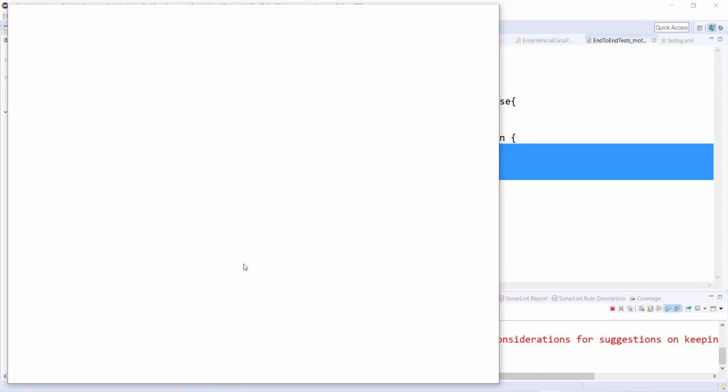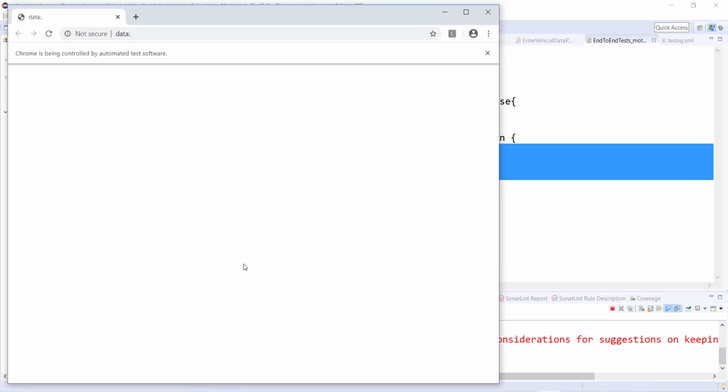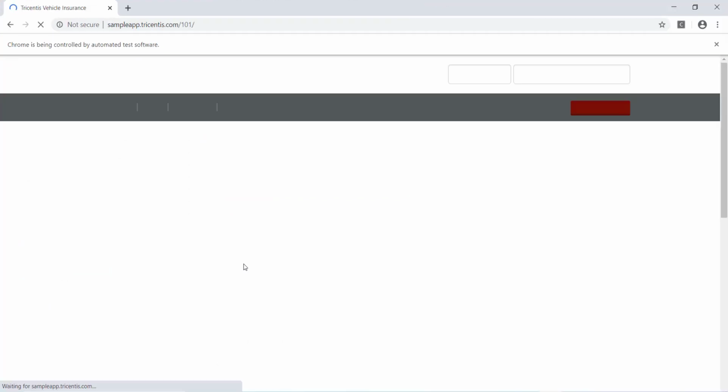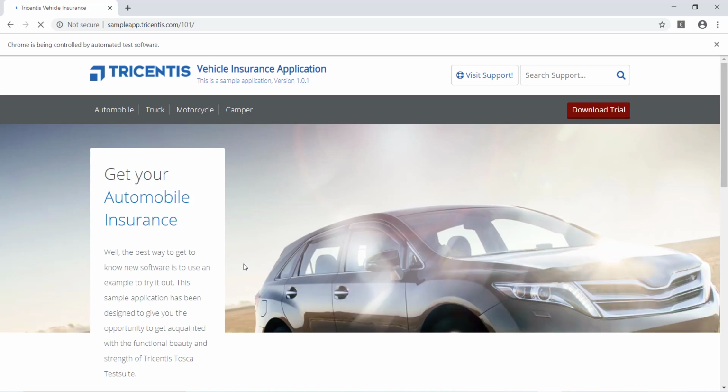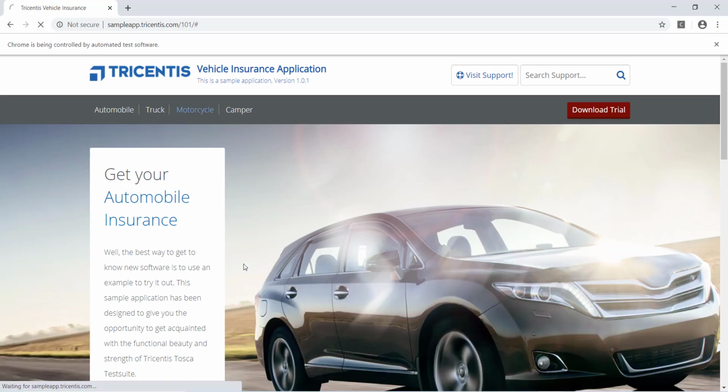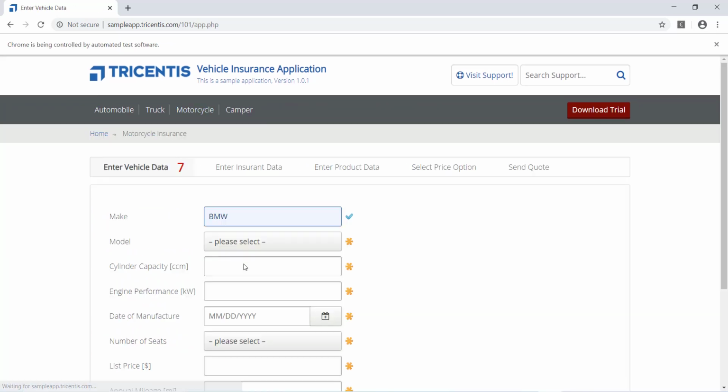We'll see if there are any failures, we'll try to debug them. Okay, clicked on motorcycle. Okay, great. It is filling the data. It is not filling the data in number of seats. Let's wait for the failure.